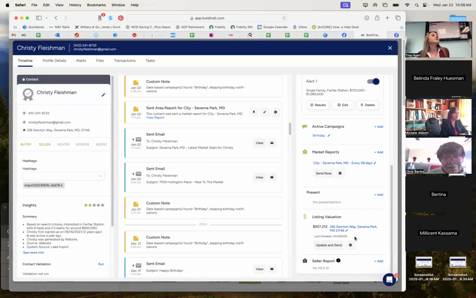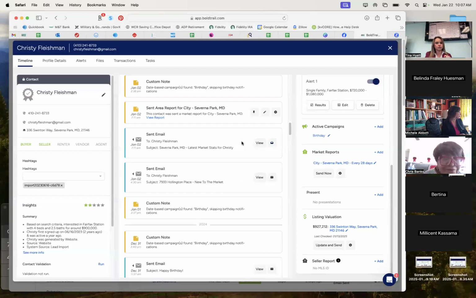Yep. So it's the same tool. I know, it's awesome, right? We're realtors. We can pull this stuff up ourselves, but I can't wait until my own listing valuation email comes over. I don't know why. It's so goofy. So this is a very, very similar tool as what the lenders use to send you those listing update valuations. So when you set it up, and I'd recommend putting yourself in here with your own address and set it up for yourself so you can see what it looks like.